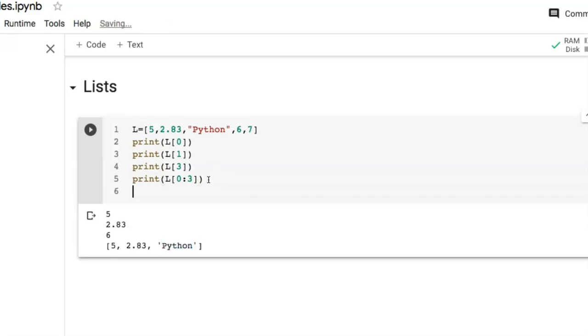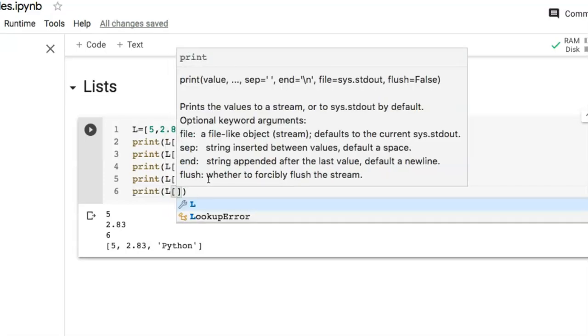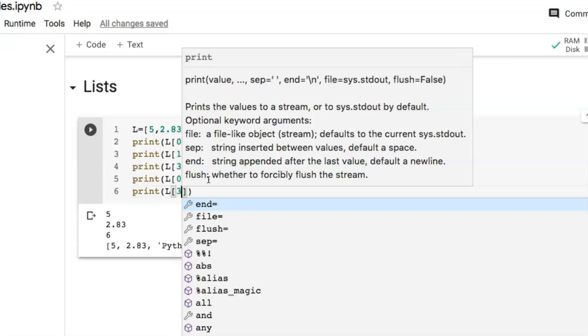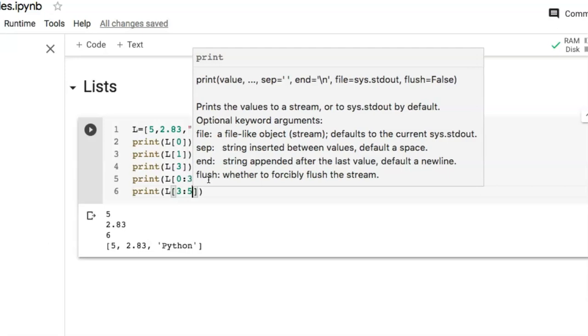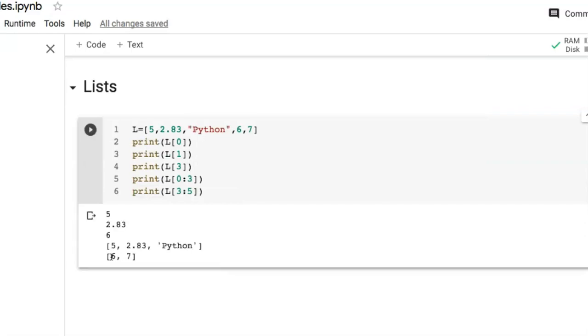Now take another code here, and we'll have start with 3 but end with 5. So it should give value the last two elements, that is 6 and 7.